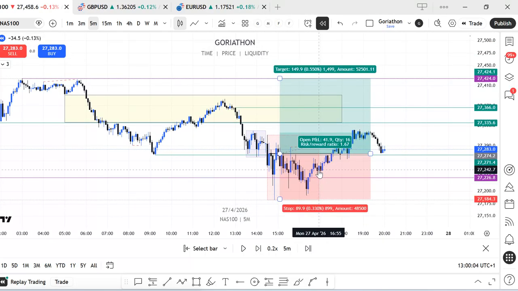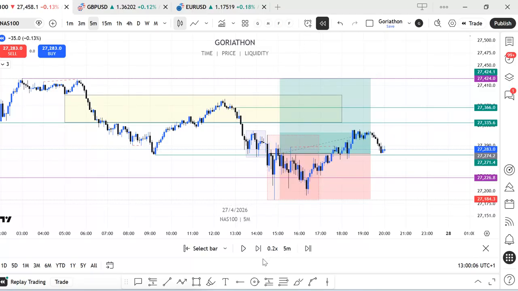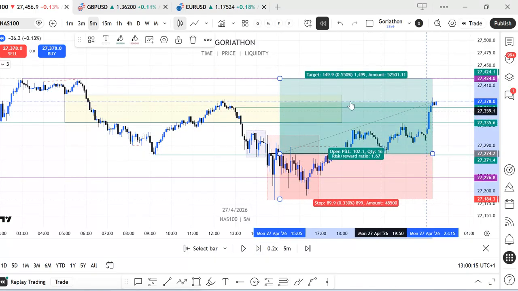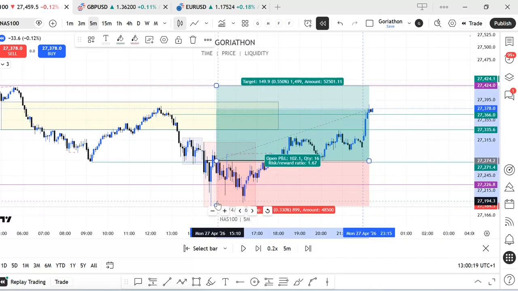So after 12, that's 5 p.m. UK time, after 12 I would not usually enter into any trade, if that's what you mean. And there you go, right? And once this high is taken, definitely break even,